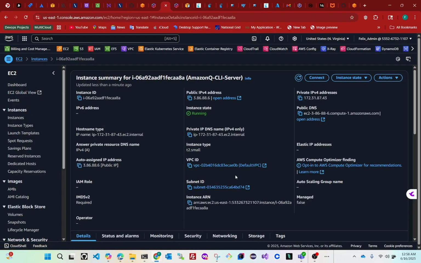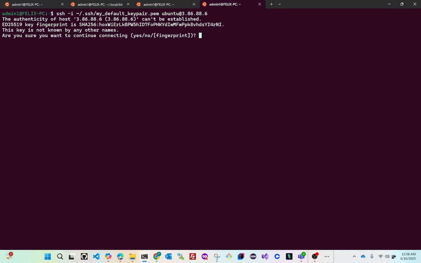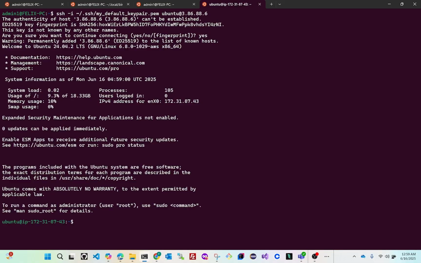So I'm going to come back here, go back to my terminal, ubuntu at the IP address that I copied earlier, and I'm going to hit enter. It's asking me if I trust it. I will say yes. I'll click enter, and now I'm SSH'd into the